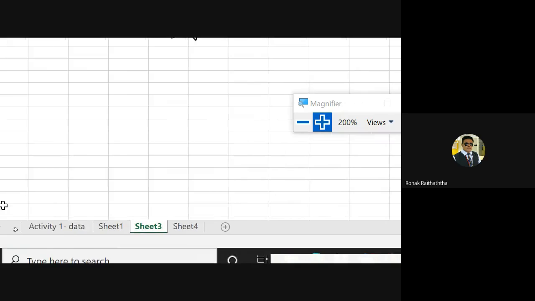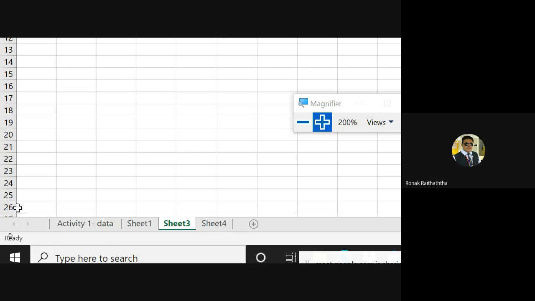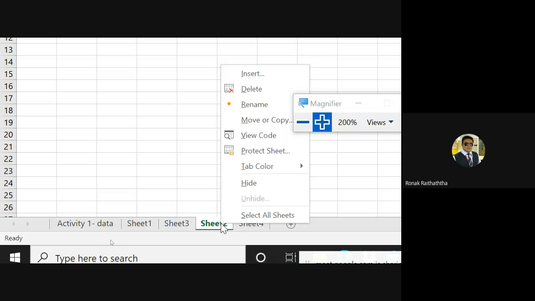I am in worksheet number 3. As I've already explained, these are the various worksheets. Now, how can you add worksheets? If you can see the plus button over here, this plus button sign is to open another worksheet. If I click on that, one worksheet is opened, but it is not required as of now, so I'm deleting it.